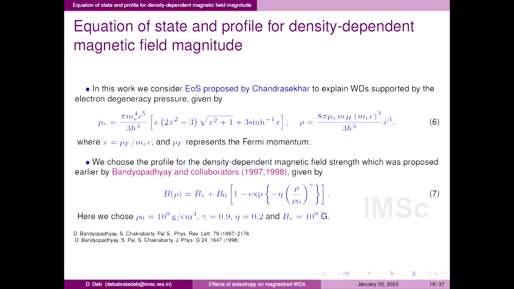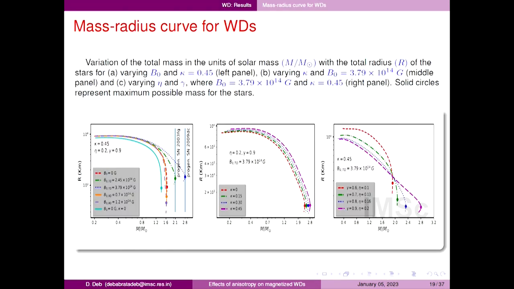We have considered the equation of state as shown in equation number 6, and to bound the system we have considered a functional form for the density-dependent magnetic field profile, following Bandyopadhyay et al. Based on all this, we are able to solve the TOV equation for our case, and you can easily see that we are able to show a stable stellar structure for white dwarfs, where using anisotropy due to both the magnetic field and fluid, we are able to explain the 2.8 solar mass